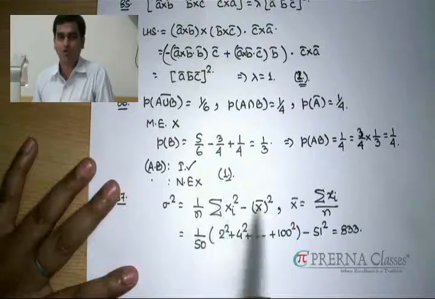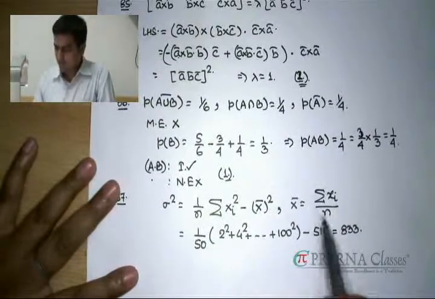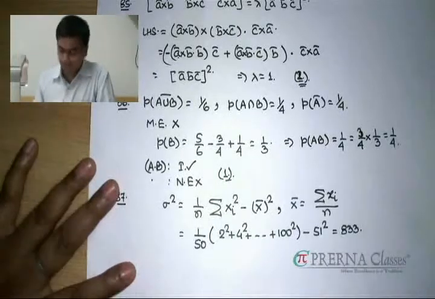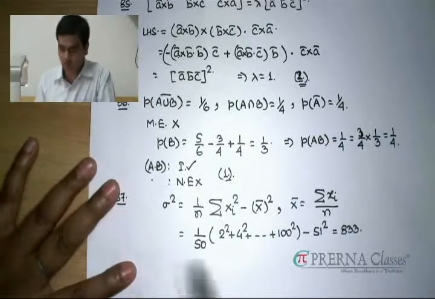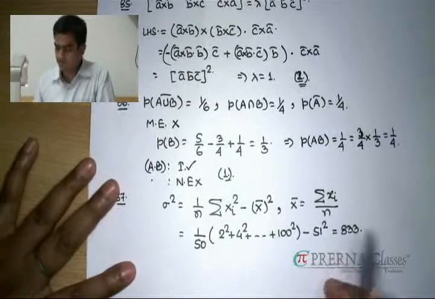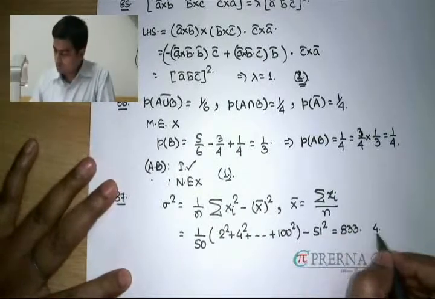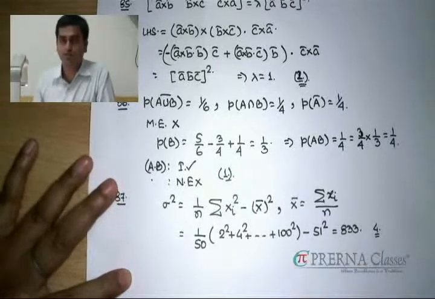The next problem is related to statistics. What you have to figure out is the variance, and we simply follow this formula, which is related with the arithmetic mean. If you substitute the first even natural numbers, you'll end up getting this expression, simplifying which you'll get 833, which is matching with option 4 in that problem.